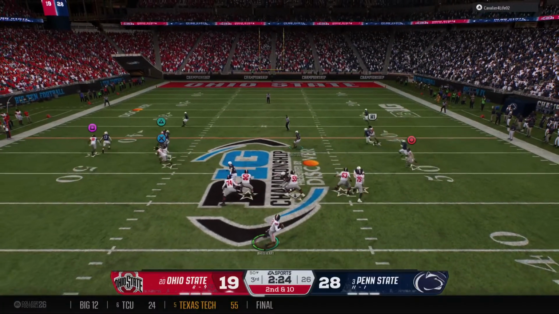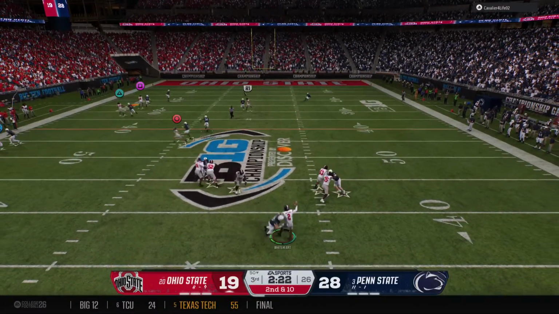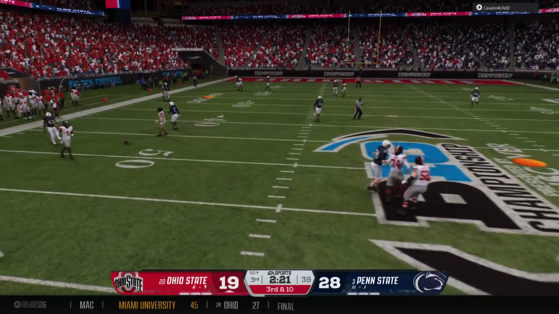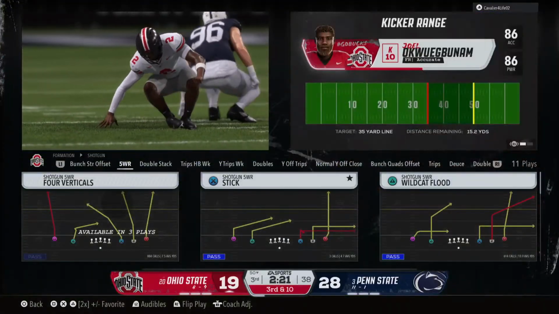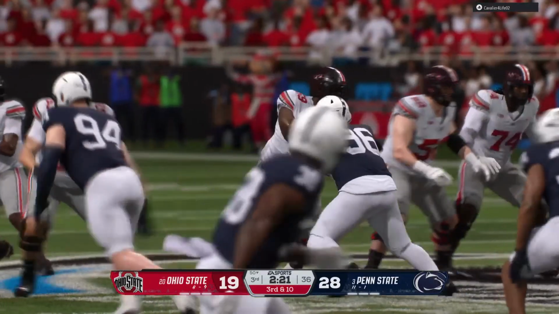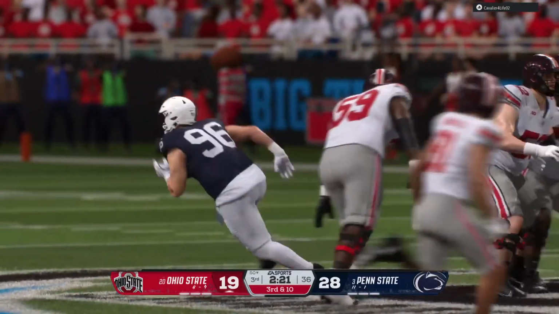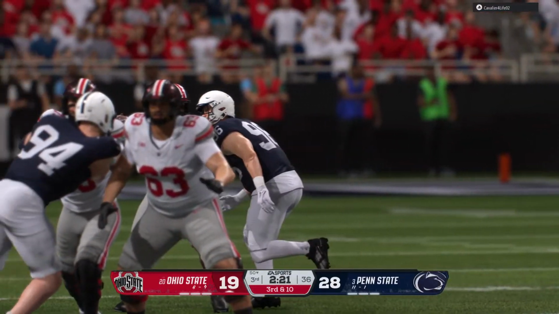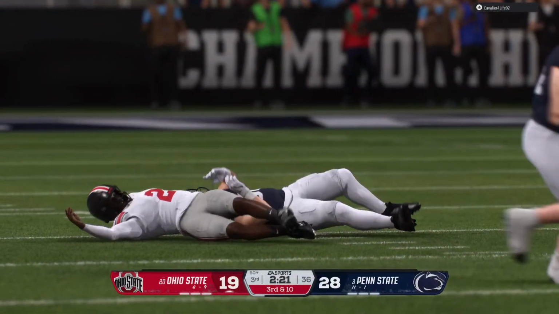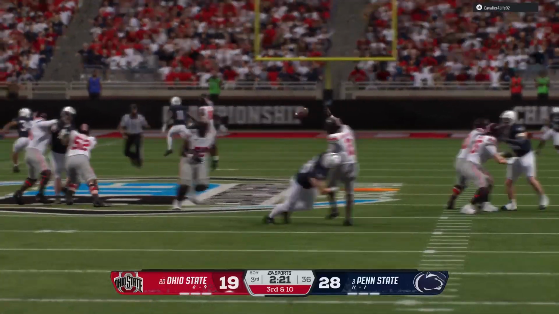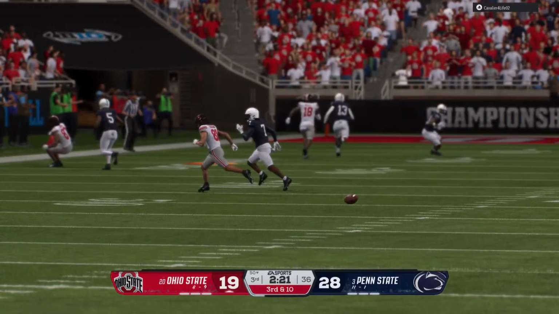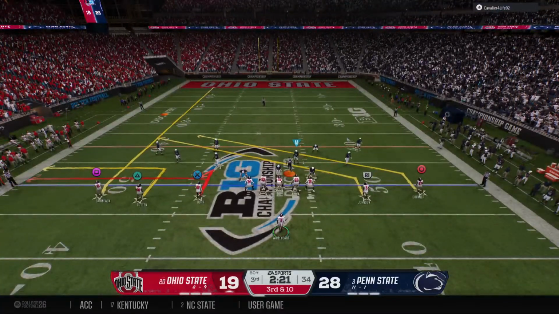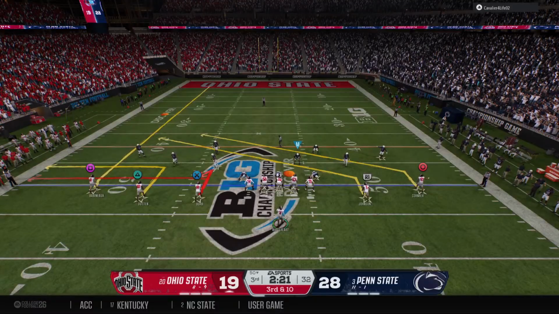Here's the snap. Quarterback looking to throw. Defense is coming after him. Gets the ball up as he's hit, but it's incomplete. Well, it's pretty simple. The defensive line does a great job of getting after the quarterback and forcing him into that incompletion. Third down. The offense desperately needs a conversion here, trailing in the third quarter.